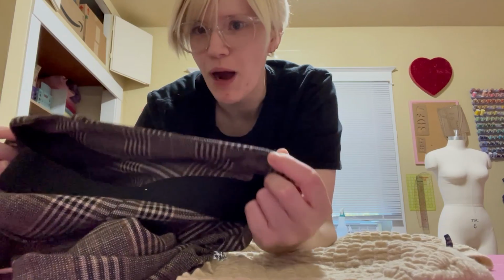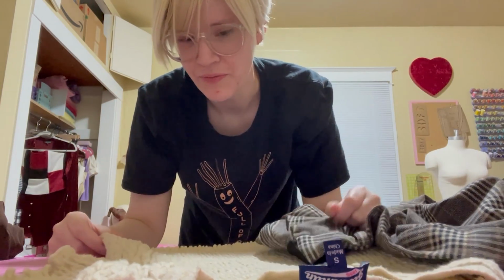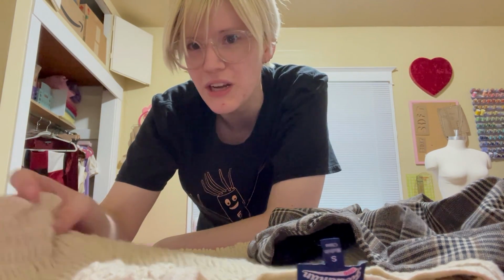Let's just ignore how messy that looks. I have a wedding to go to, and that normally wouldn't be an issue, except they have a very clear dress code, and that dress code is natural, neutral tones, which I don't have. So, thrift store to the rescue. These probably won't fit me perfectly, so I have to alter those. And then I have a crop top, and I'm not the most comfortable with having my stomach showing at a wedding, so